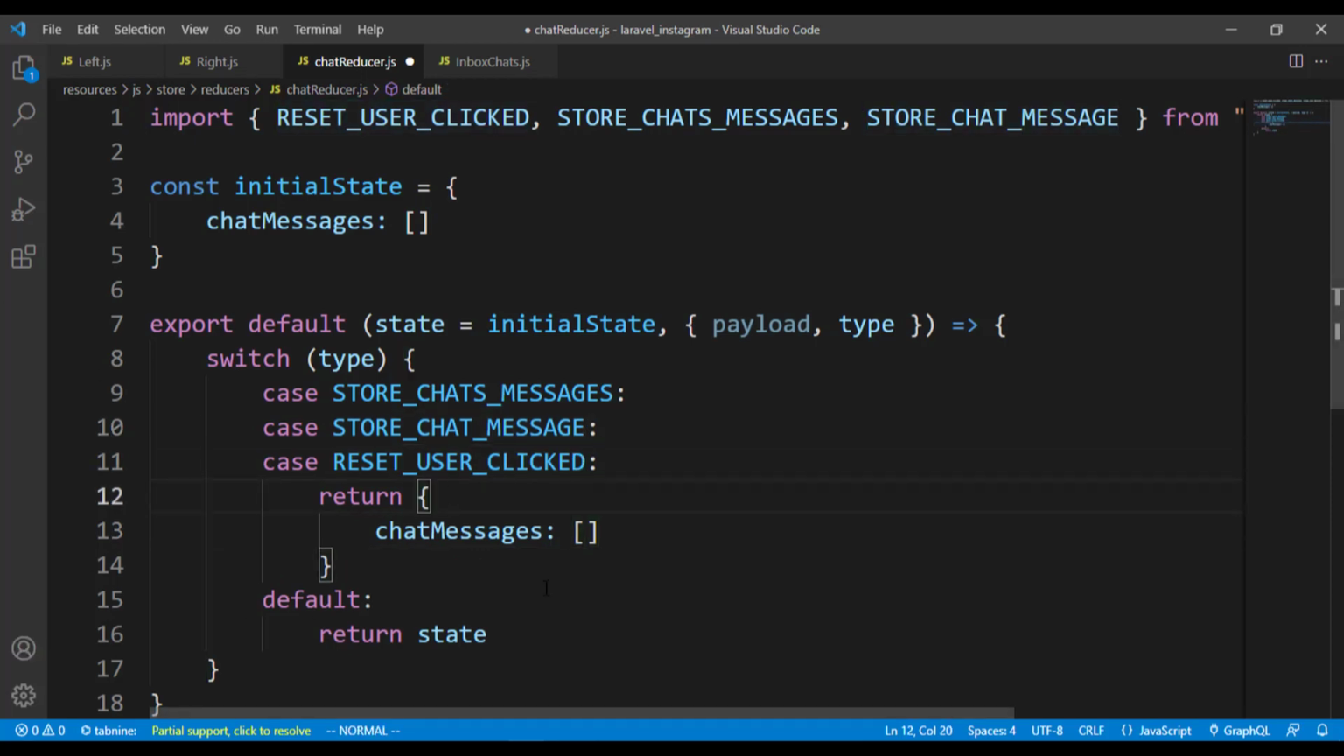Okay, sorry guys, that's not for the message loading. This is basically that whenever we click on a new user, we just have to reset this chat message, then we go ahead and load a new message. Then for store chat message,